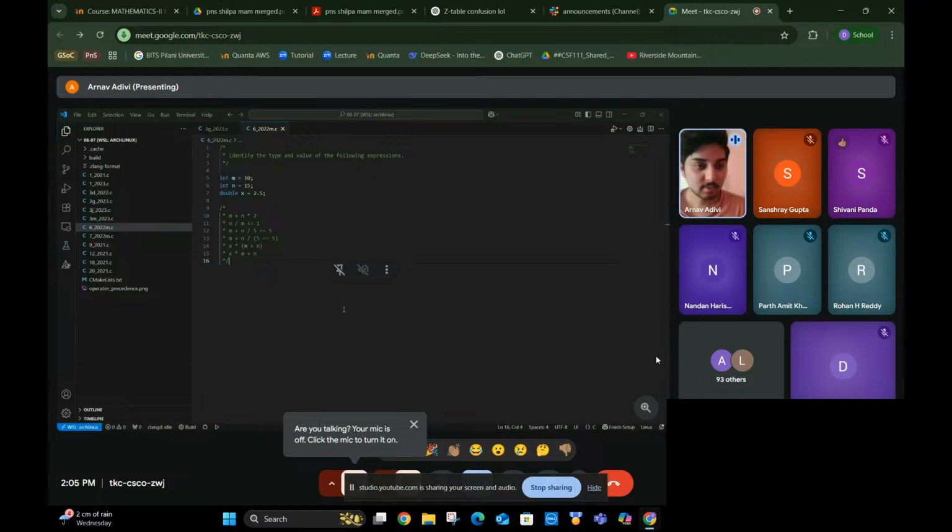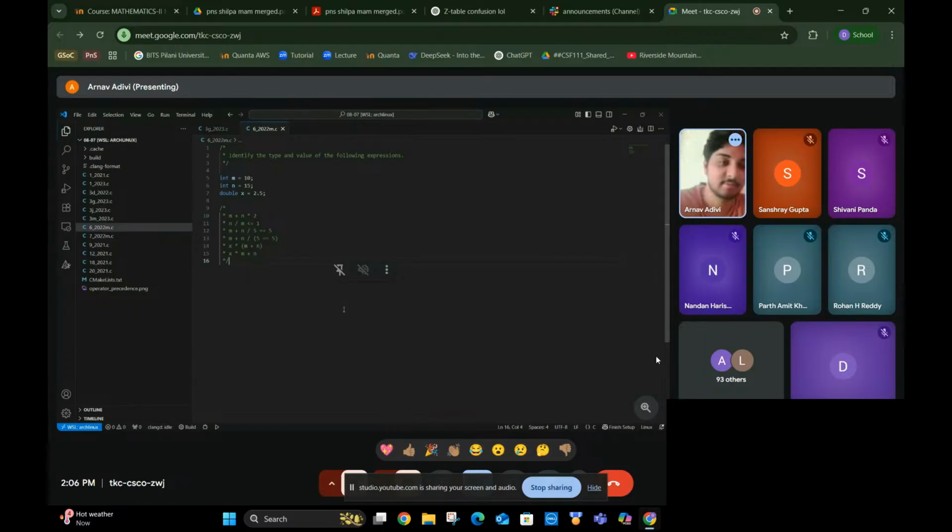All right. So this is the first question, identify the type and value. Just a simple reminder of how implicit types work. So essentially what you want to keep in mind is that if you have these basic operations like,